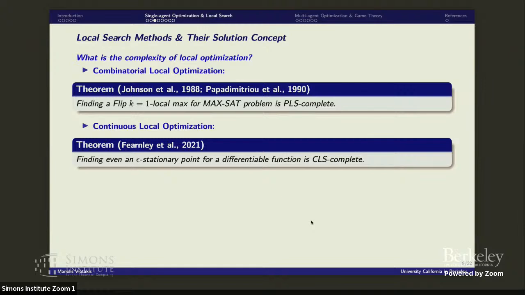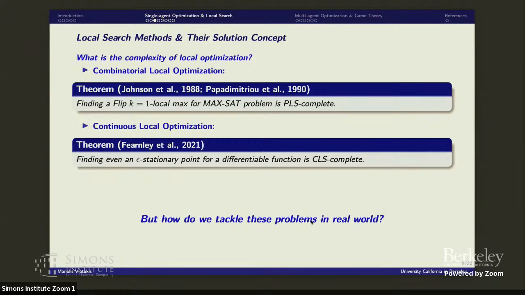And there is a celebrated result some years ago about the continuous version of the problem, that an epsilon stationary point, and generally the KKT optimal points, are CLS complete. That was, I think, the best paper of STOC some years ago. So the question now,